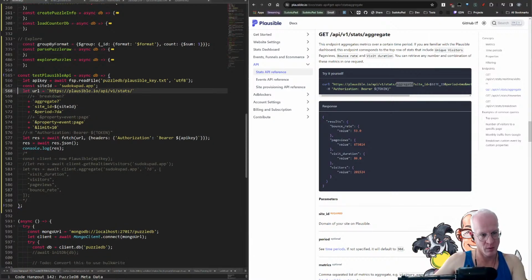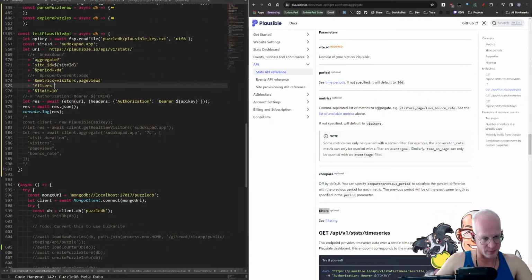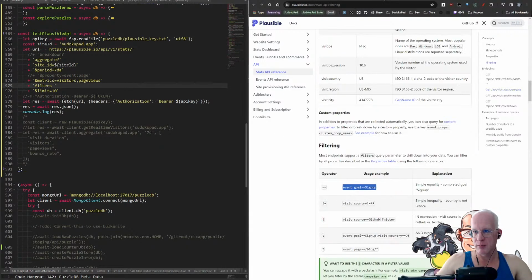Then we can do this and count that out. So we have aggregate, site ID, period, yada yada, metrics. So we'll do period, and we'll do metrics, metrics equal visitors, page views. All right. And then we'll do optional filter, right? Metrics compare. Previous period. Okay, no. Filters. And then we'll do filters. In filters, we should be able to use the string we had earlier, which I threw away. Okay. I think we had that up somewhere. So filters equals event goal puzzle liked. And now,